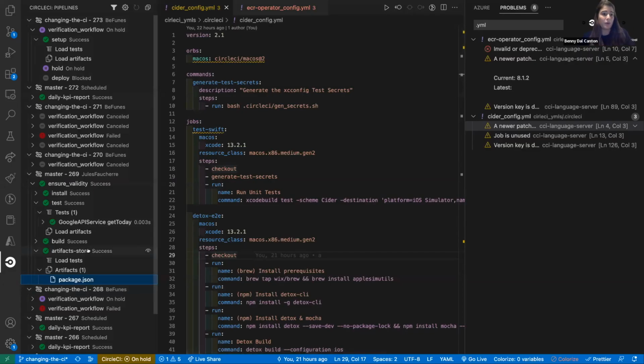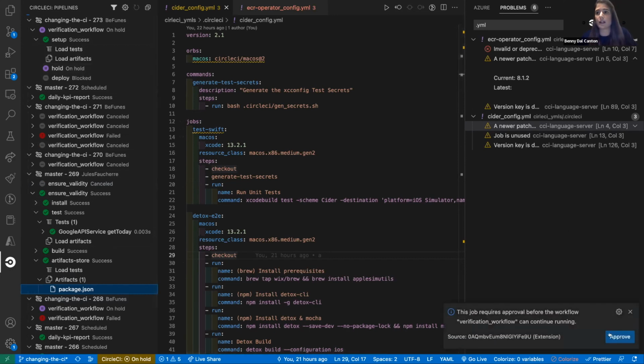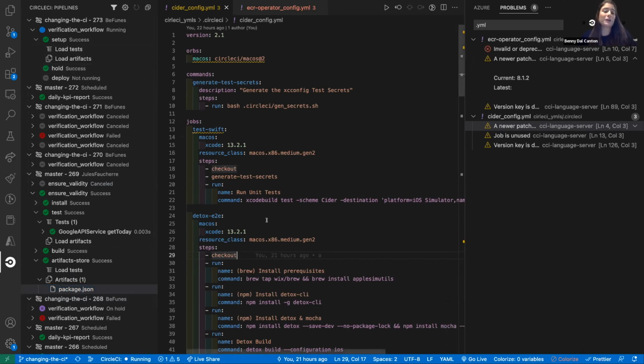I also can interact with any of my jobs and workflows in a very standard way. I can open them in the browser. I can decide, for example, to rerun a workflow or to cancel it. And there we go, it's cancelled. I can also decide to approve some jobs that are on hold. So I'm going to do this now. I can do this directly from here, which makes it a lot easier to notice when an action is required on my part